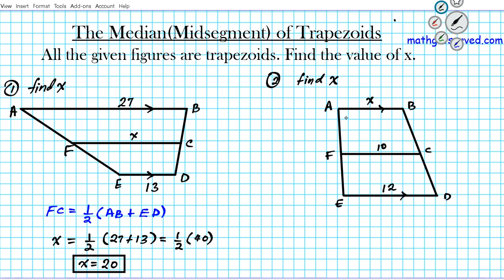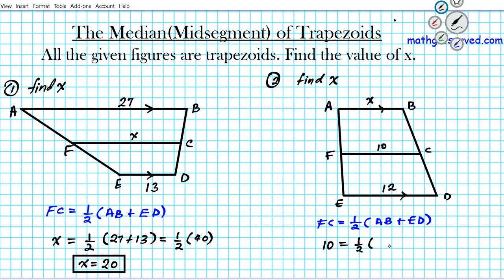Alright, so what's the formula that relates base 1, base 2, and the median? Let's go ahead and write down that formula, which is the same as what we have in the first one. So FC, the median, is 1/2 of the sum of the bases AB plus ED. Alrighty, let's go ahead and substitute. The median FC is 10. We have 10 equals half of